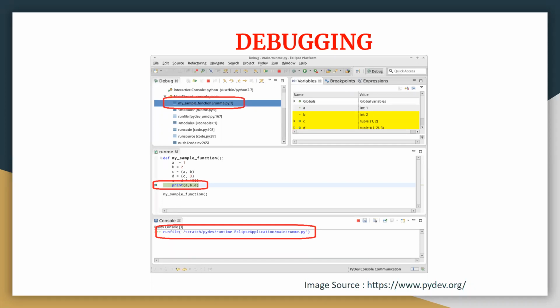So debugging is a very important activity during the software development process. It helps you to check the code line by line and understand where there is a problem, and accordingly you can correct it. Whenever we are writing code, it is very important that we check the code by running it. When we check the code by running it and we don't get the desired output, then we start with this debugging activity, because then you understand that there is something called a bug in your code, and you need to identify the area, or a line, where the bug is. For that, we do the debugging activity.